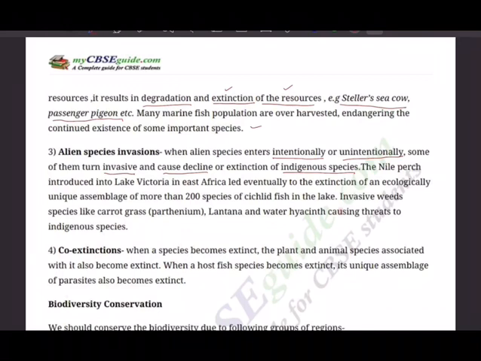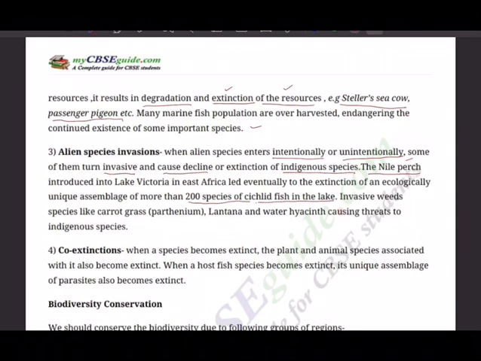The Nile perch, introduced into Lake Victoria in East Africa, led eventually to the extinction of an ecologically unique assemblage of more than, look at that, 200 species of cichlid fish in the lake. So many varieties of fishes have gone forever just because of the introduction of one